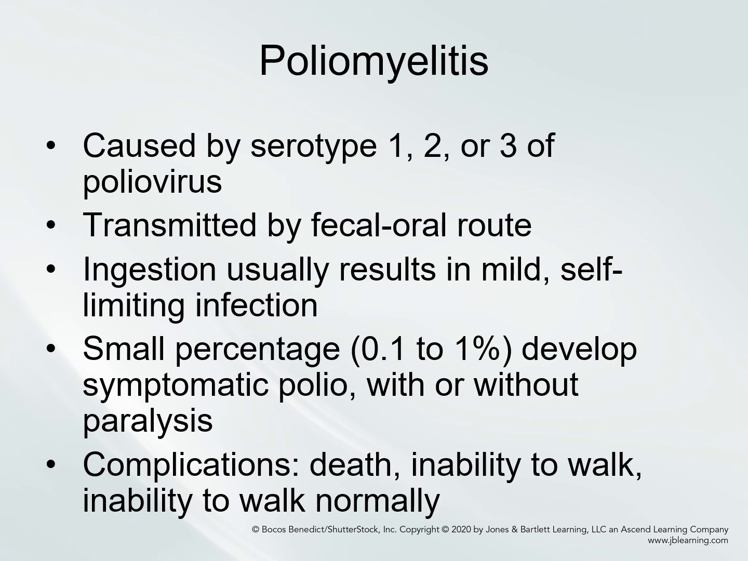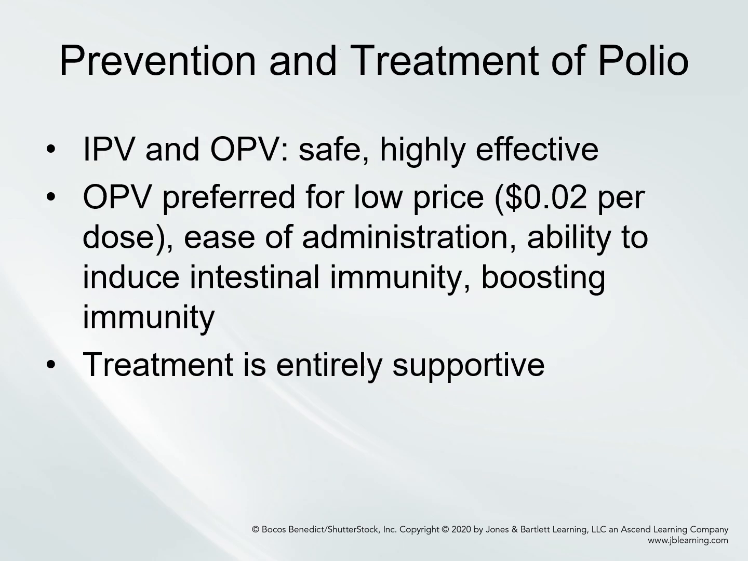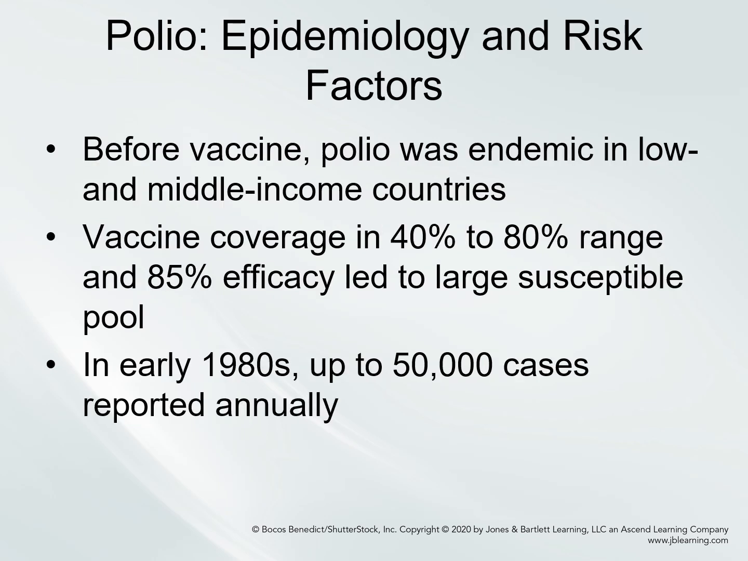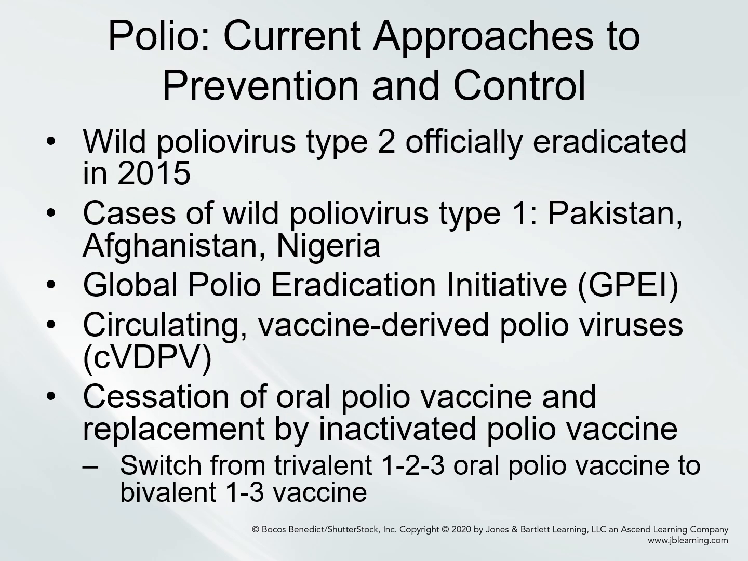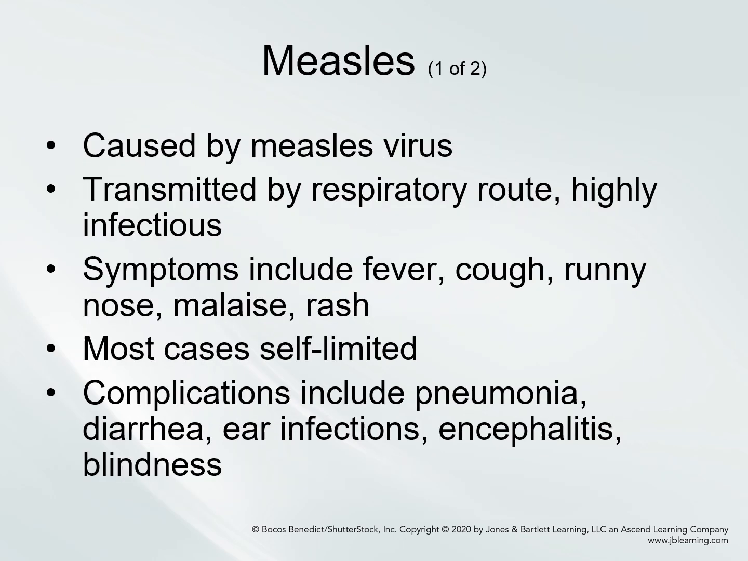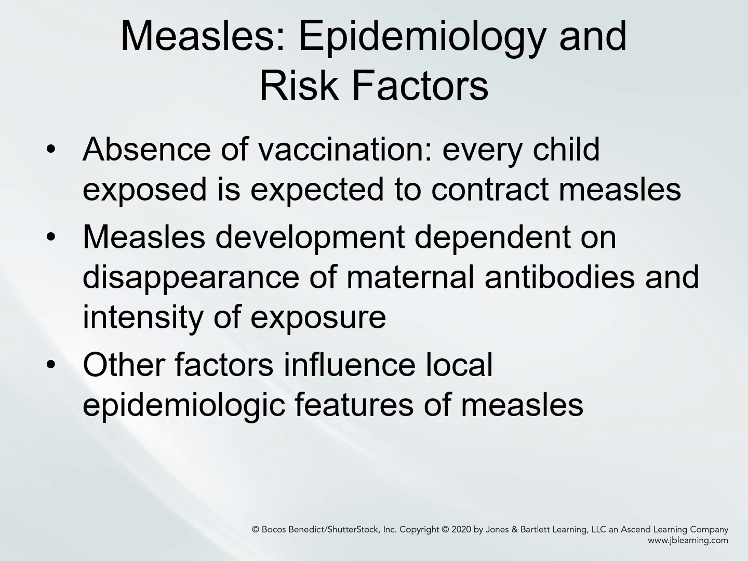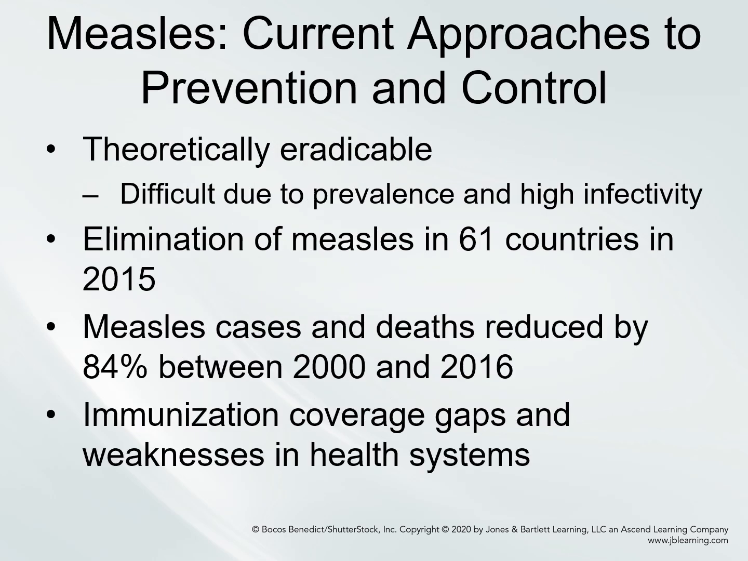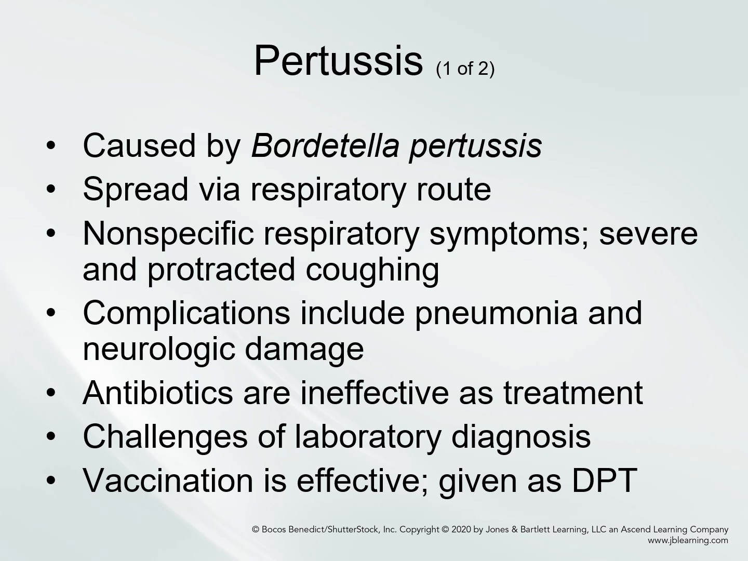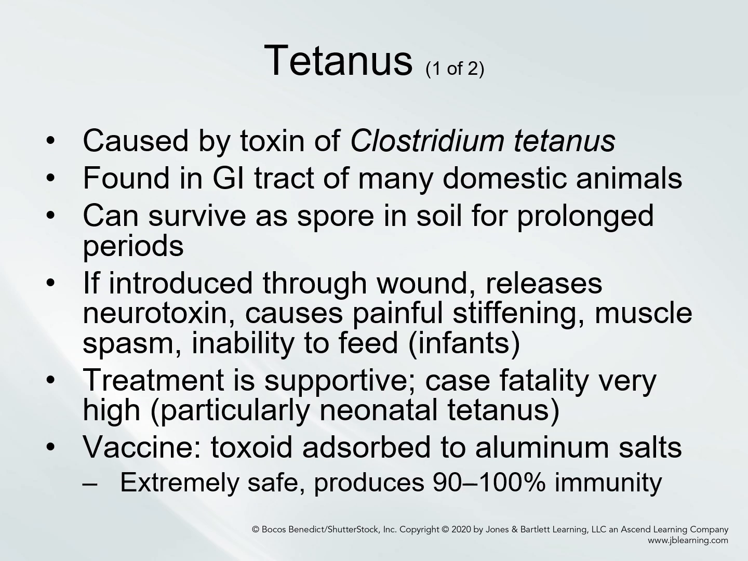descriptions that are highlighted in this chapter, including polio, prevention and treatment of polio, related risk factors, approaches, look into measles, risk factors, theory of eradication, other diseases including pertussis, challenges in controlling pertussis, including laboratory diagnosis, tetanus,